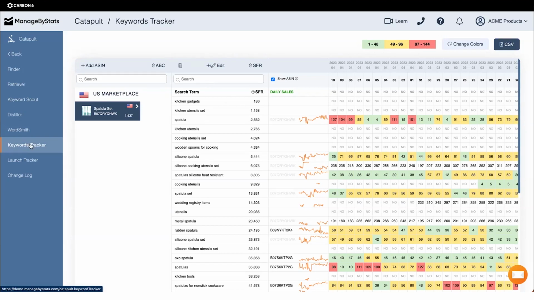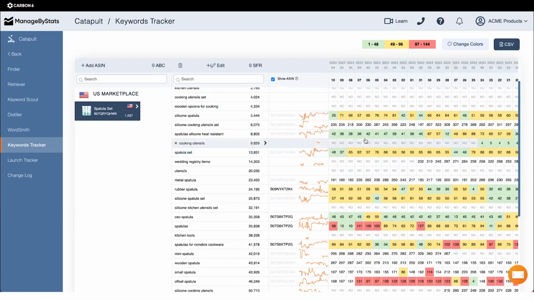On our keyword tracker tool here, you have your product, your keywords. We show you the ranking system of how popular that keyword is and how you're ranking on them, right? So page 1, page 2, page 3 and 4 and beyond. And you can see, okay, are you losing ranking? Are you gaining ranking? Very easily with the color-coded system, right? You also have graphs for trend in here as well.